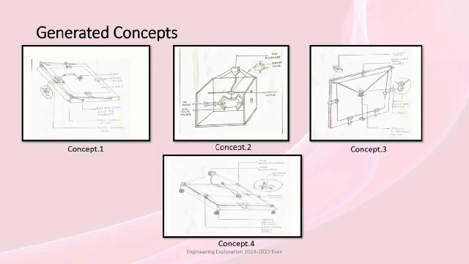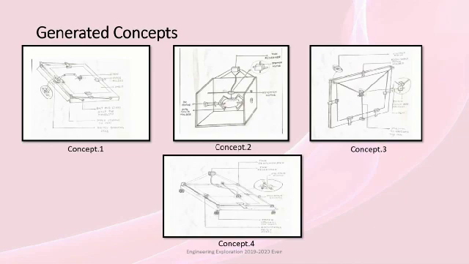Generated concepts. We generated 4 concepts for our drawing board. The first concept is a horizontal drawing board which consists of a robotic arm as its drawing unit or writing unit. The second concept is a drawing board which sketches on a spherical surface or spherical body. The third drawing board is a vertical drawing board which is fixed to a wall and it has gondola as its writing unit. The fourth concept is the horizontal drawing board which uses XY plotter as its writing unit and is portable as it has rollers under it.